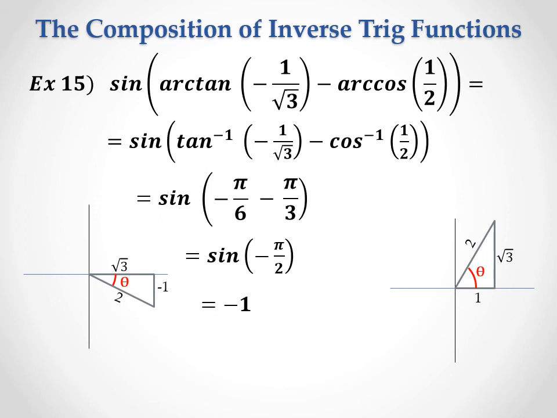And now we're just going to combine those. So -pi/6 minus pi/3 is -pi/2. And we're looking to find the sine of negative pi over 2. And that is simply negative 1. All right, so that takes us